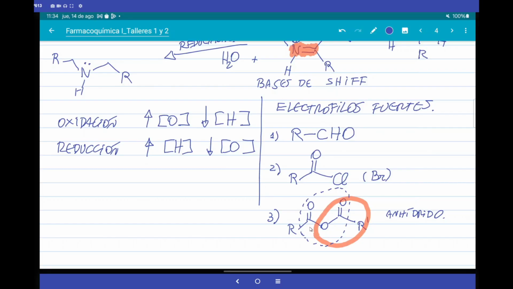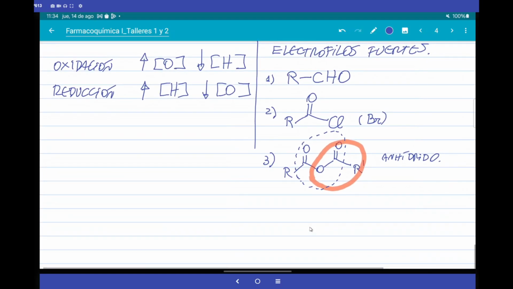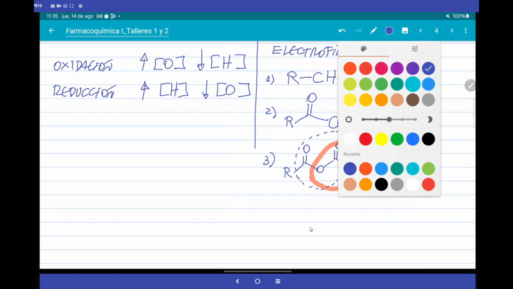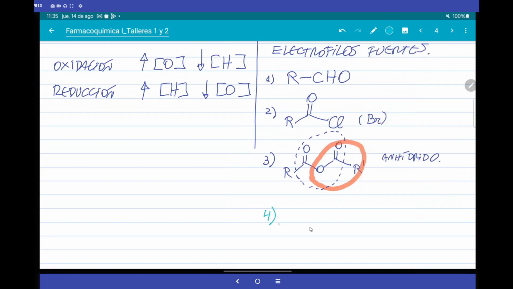Something to avoid in general. Now, there are other groups that are stable, but that are used the same because, due to that toxicity, they serve, for example, as antitumorals; they are cytotoxic. So I think these three are the most relevant of all the groups I could mention. Then there are those that are cytotoxic for a chemical reason, but not very selective. That is the problem. For example, another strong one, but not by alkylation, I am going to write it in another color so that it is not confused.